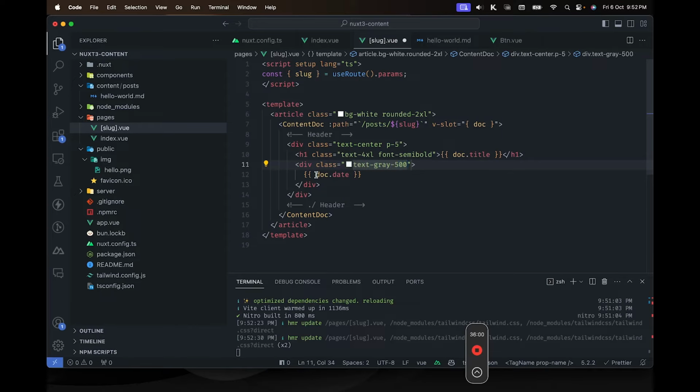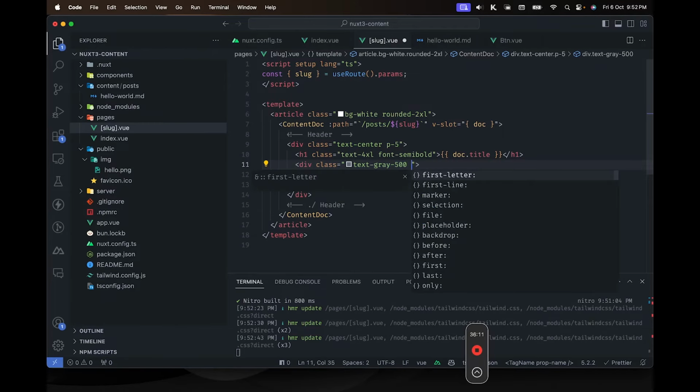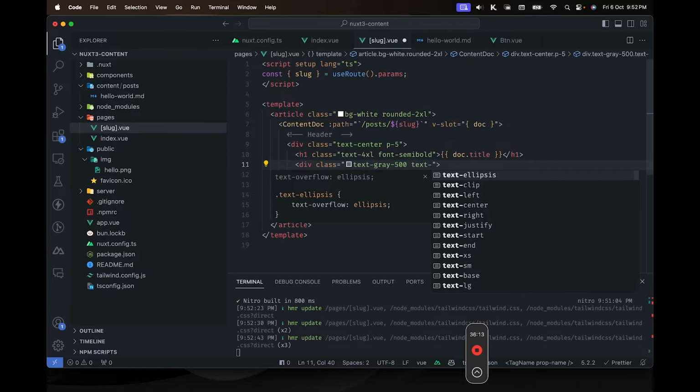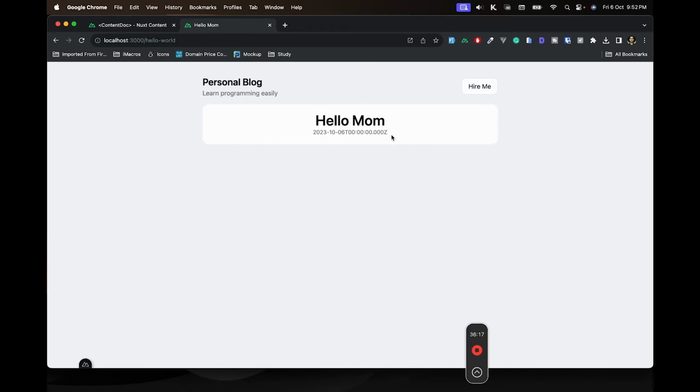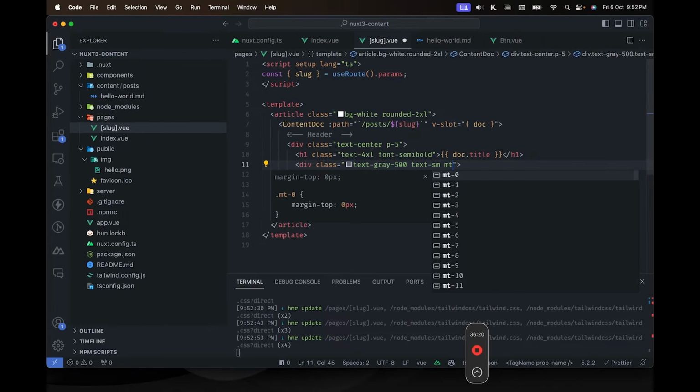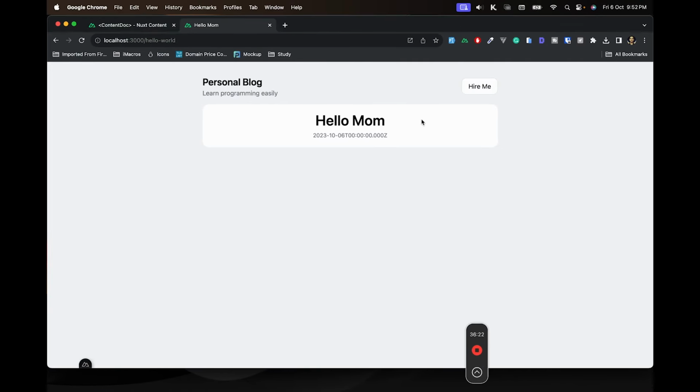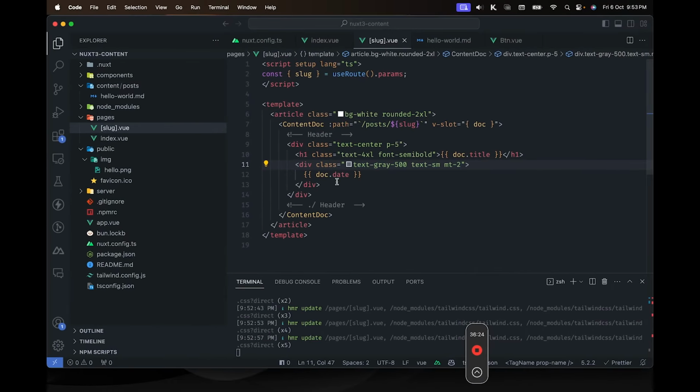If you see the code repeating, then it's a better way to just create a component and make it reusable, so that in future you don't have to manage five instances of the same thing. So as you see, we have it here. Now let's give it a margin of 2, and that's pretty much it. Now let's